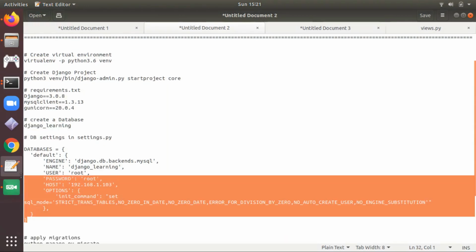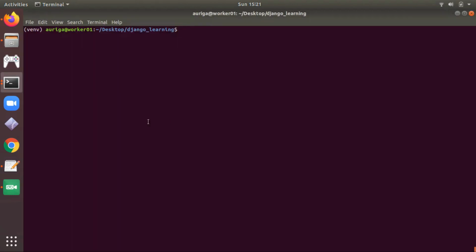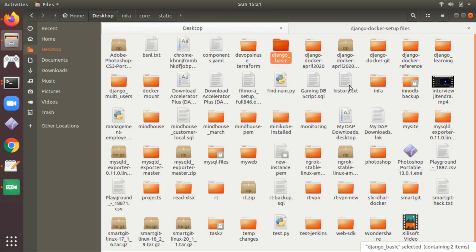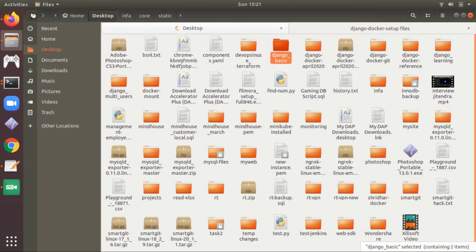Now change DB settings in your Django application. Let me go to desktop, and here it is, the directory.